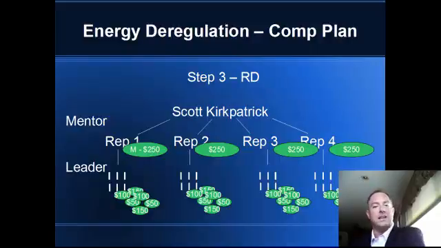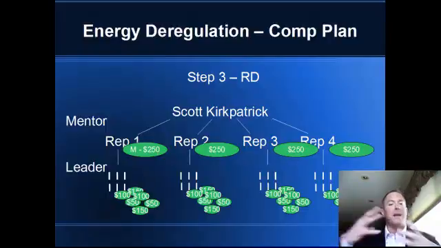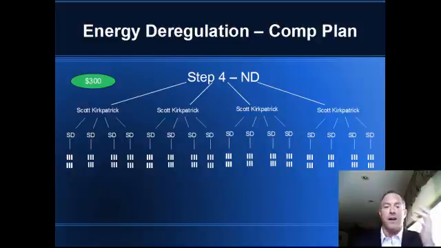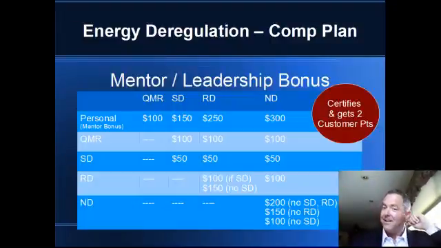So here you see the SD house. $250 for a mentor bonus on level 1. They report directly to me. And then in the leadership bonuses, it's anywhere from $50 to $100 to $150, depending upon the combination of the people that are coming in. Very exciting opportunity. And then when you get to ND, all else remains the same, except now I'm making $350 for a personal sponsorship on my mentor level, and then my bonuses are anywhere from $200 to $150 to $100 to $50. Very exciting time at the ND level.